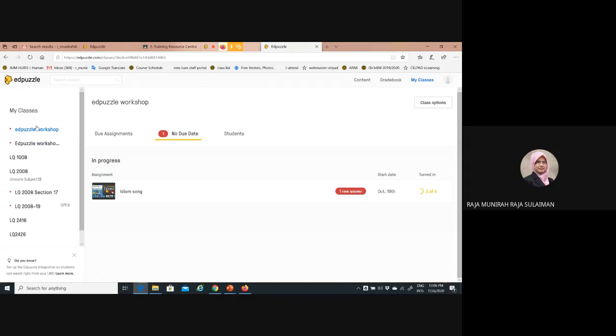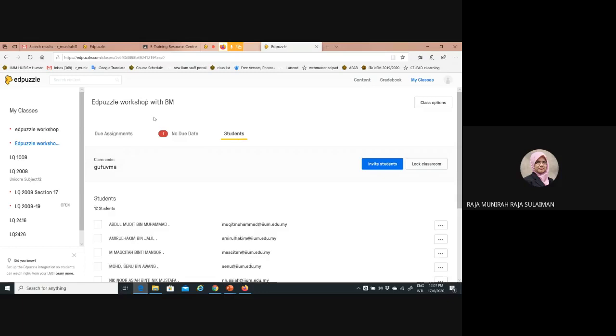Here under my classes, there is the list of the classes that we have already created. When you click one by one, you can see what assignments we assigned to our students. You can see the due date, no due date, and the students. This is actually the workshop from my previous workshop with the BM Bahasa Melayu Division. And I also have my